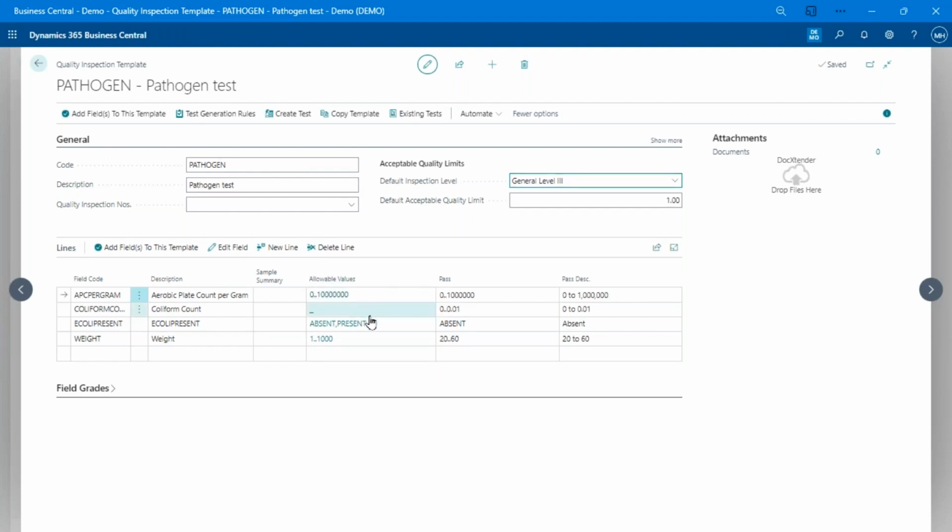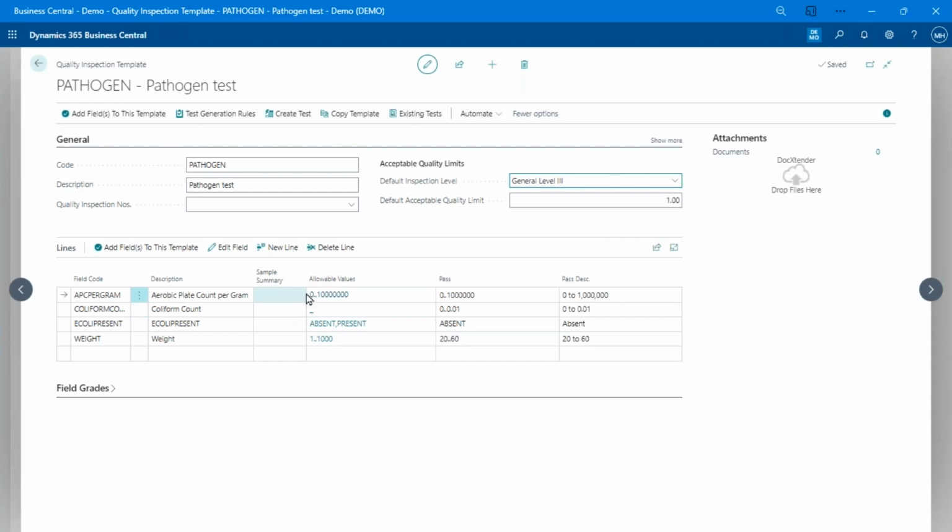And when that test is created, it's going to have a place where I can enter one value at a time. But for this particular one, I need to take a sample. I need to take a whole bunch of different samples and measure these few things at the sample level, not at sort of the individual lot number level.